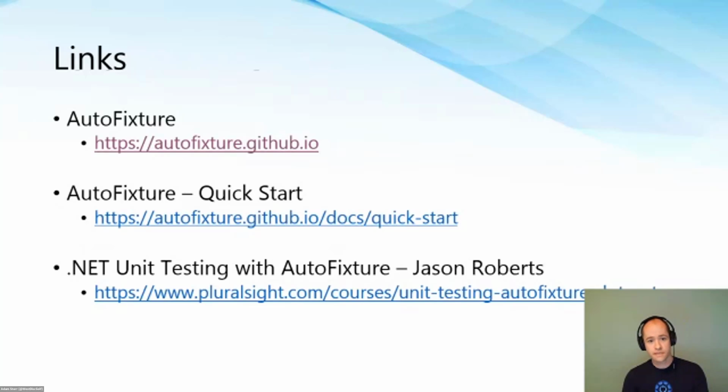So as we start to wrap up, there are a few helpful links. The AutoFixture link to their website where the documentation is. Now it is a little bit lacking. I think they're working on it. So if you're inclined to write some documentation, then I'm sure they'll probably be inclined to help with pull requests and things to their documentation. But the quick start guide is pretty good and runs through very similar to what I've talked about tonight. If you have access to Pluralsight, I highly recommend the Unit Testing with AutoFixture course by Jason Roberts. It goes into a lot more detail about all the basics and how to work with different types,